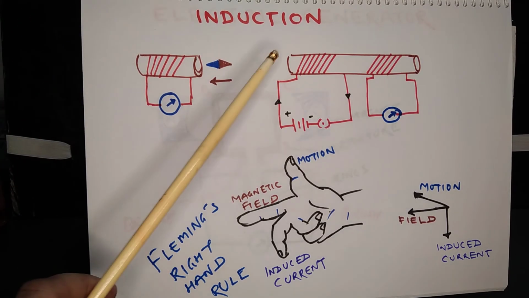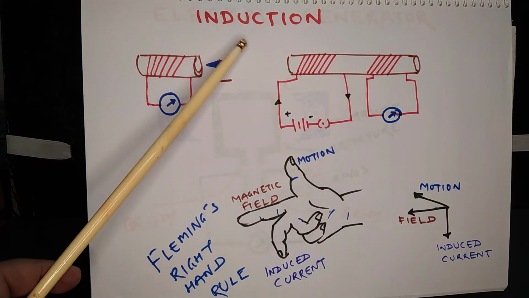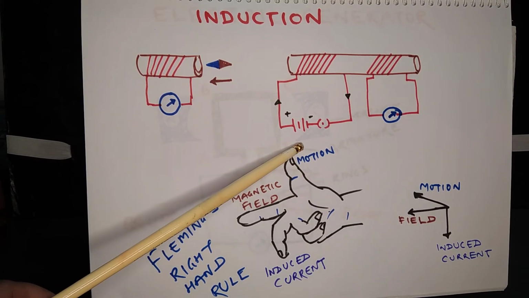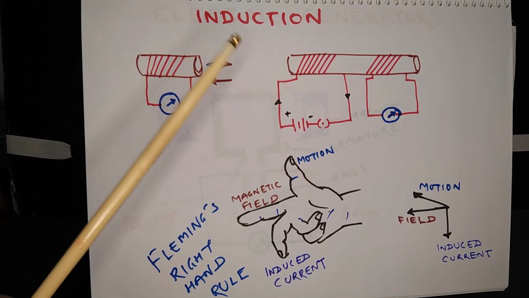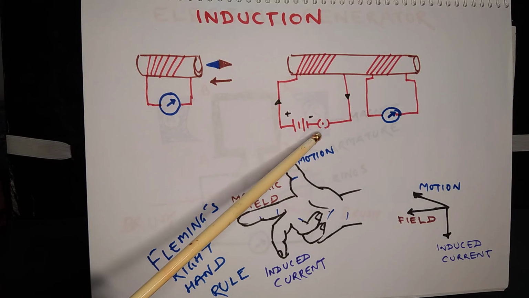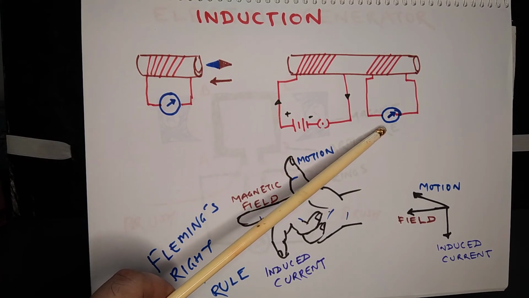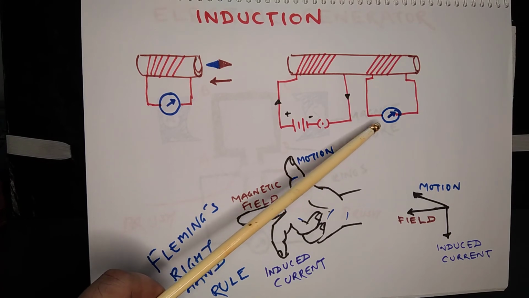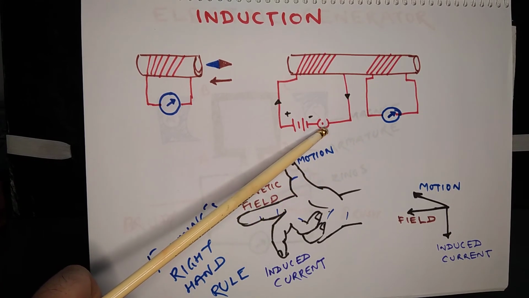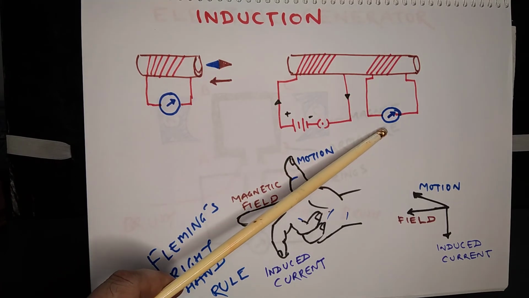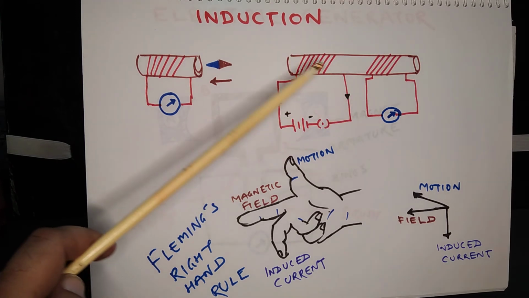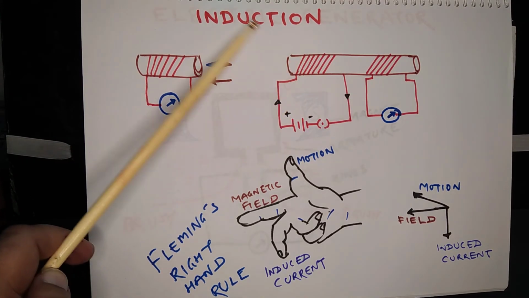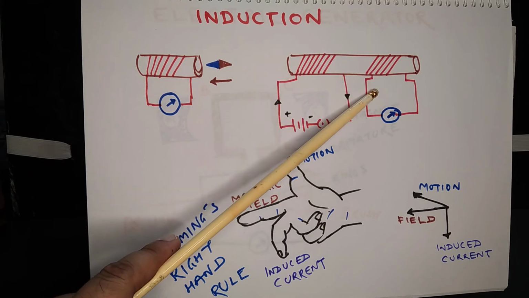Now there is another experiment with some change. So there are two coils. One of the coils is attached to battery terminals, and another coil is attached to a galvanometer. Now if you switch on the circuit over here, you will observe a momentary deflection in the galvanometer. If you switch off this, then also there will be a momentary deflection in the galvanometer. So a change in electric field over here will cause some change in magnetic field in this conductor, and this will induce current in the second coil.